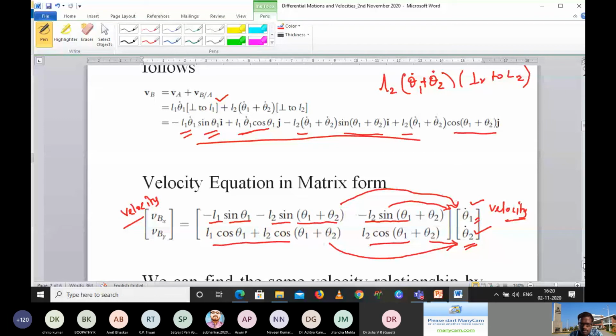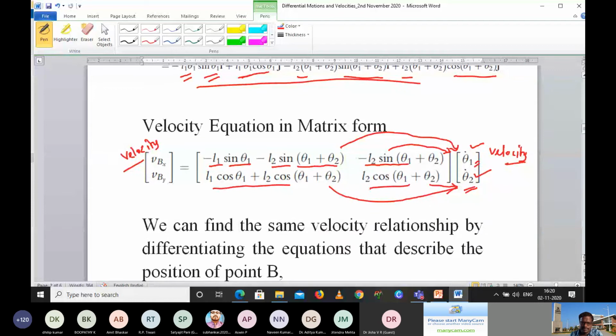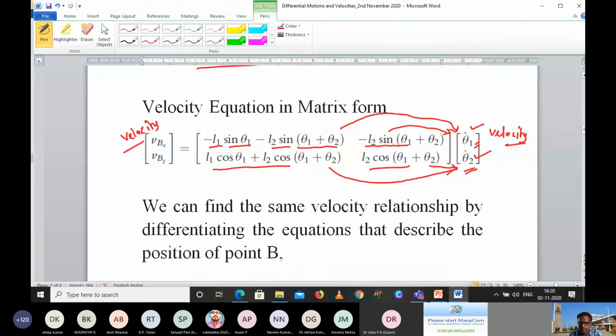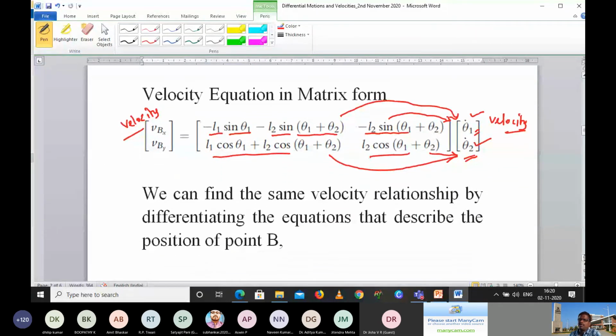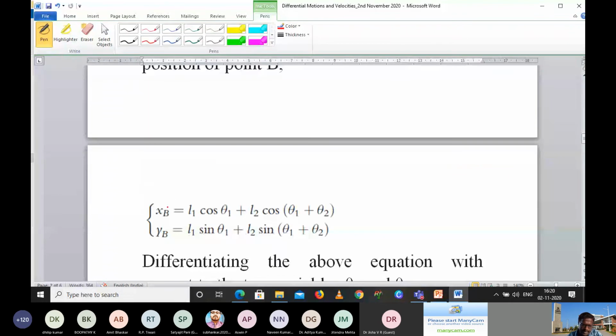Now I want to say why we are calculating this. Some of you might have come across a term called Jacobian. Did we come across Jacobian? Now you will see what that actually is, based on the derivation, in a very simple manner compared to the last one, how I am calculating in a different way. In the morning we saw that the x point distance is L1 cos theta 1 plus L2 cos of theta 1 plus theta 2. Am I right? Any doubt in this?